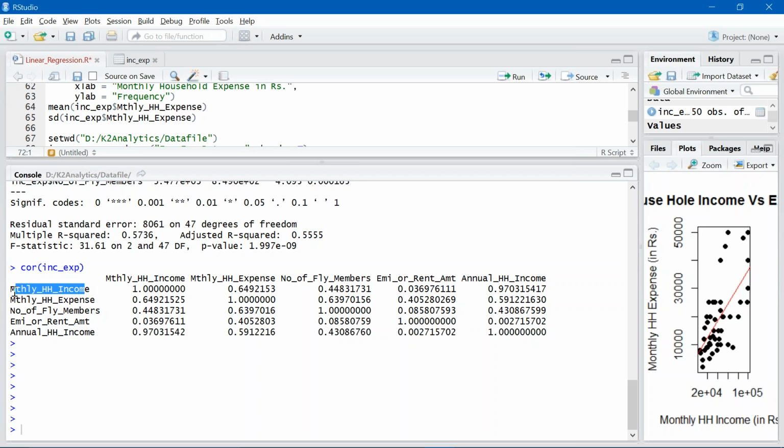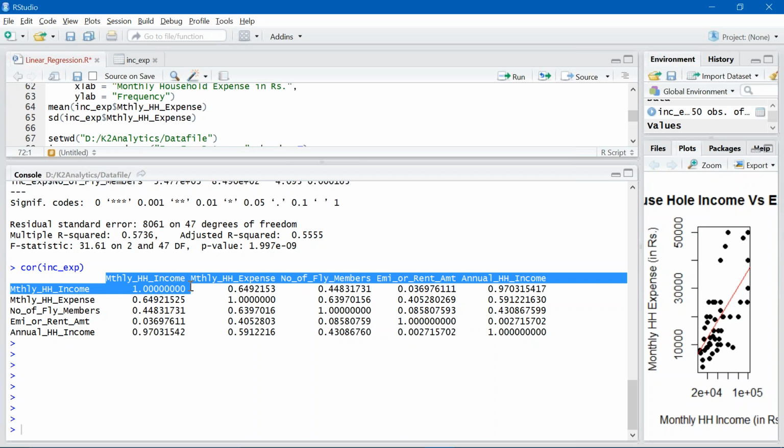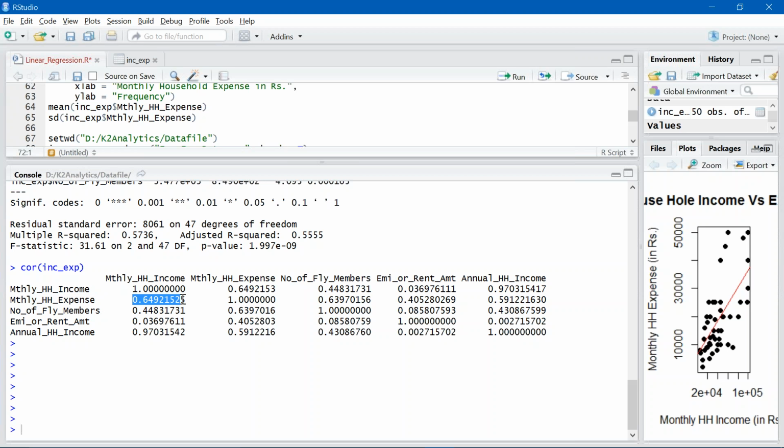Monthly income with respect to monthly income, obviously correlation has to be 1. Monthly expense with respect to income, 0.64, which means it's a slightly good correlation. This 0.64 should not be interpreted as expense is equal to 0.6 times income. It just says that it's a slightly better correlation than